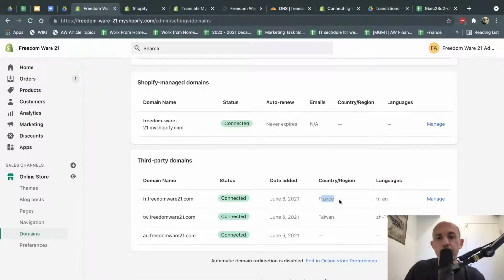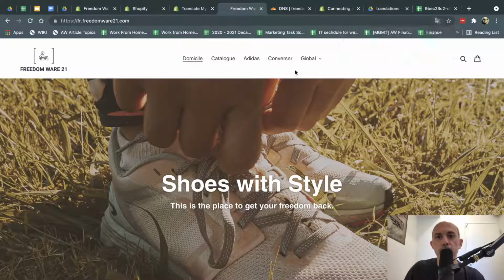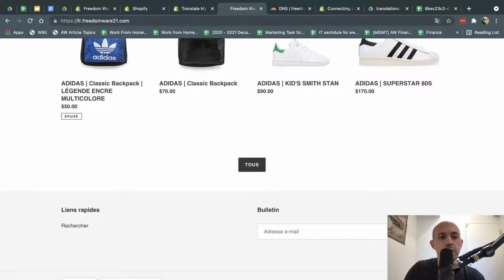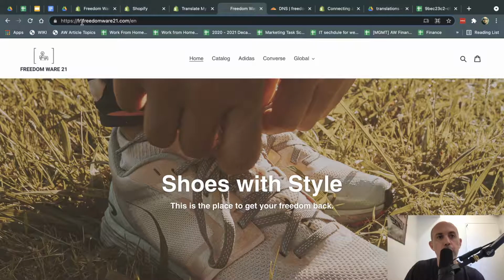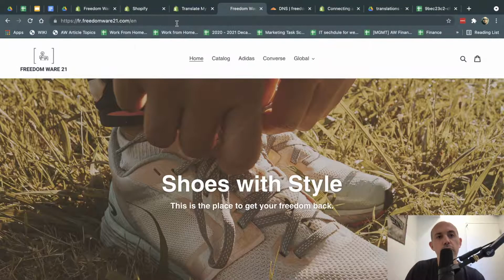Once you do that, for example, France is France, which means the euro, and then these are the 2 languages. And then, for example, Taiwan, use Taiwan dollar, and then the language is just one. You can have one language or multiple languages. So you see, for example, I've set up 2 languages for France. So if I go to my website, I go to France. My default, for example, right here, you see this, and I can actually change. For example, I have 2 languages, English and French, but still on the language itself. So France, fr.freedomware21, the default is in French. And then if I go to the /en, which is the language, they'll have a separate URL for every language for every country.